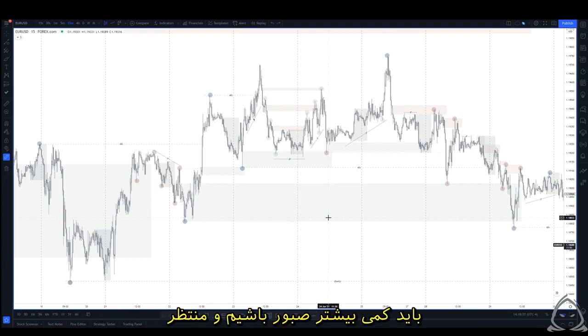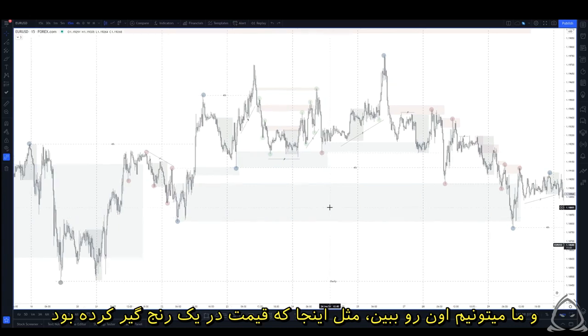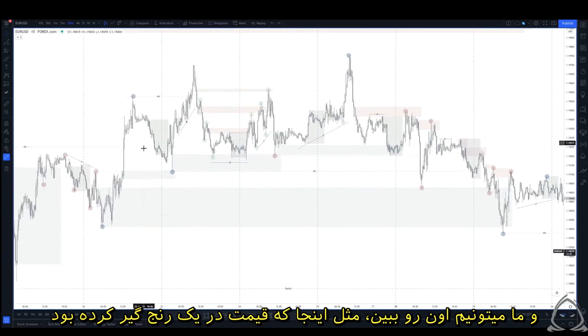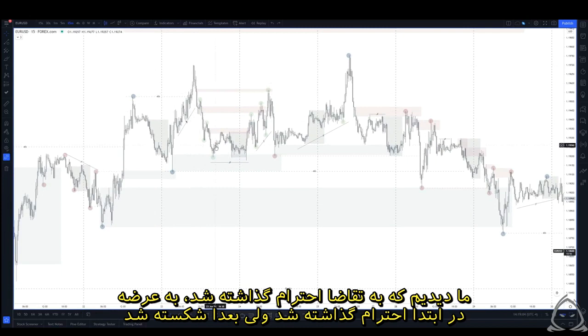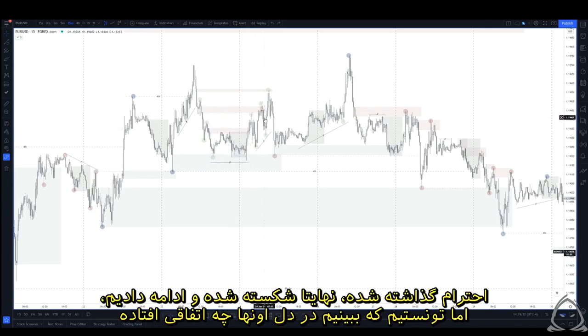We need to be a little bit more patient and wait for market structure and order flow to really showcase what it wants to do. And we can see that as we wait. Like we've seen here, price was caught in a range. We were starting to see demand being respected, supply initially being respected, but then ultimately starting to fail. It was respected, ultimately started to fail, and then we did continue on, but we were able to see the